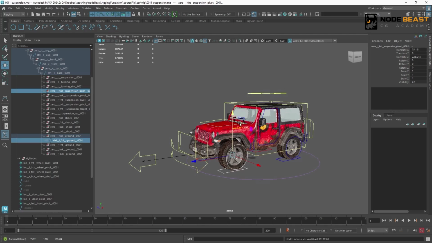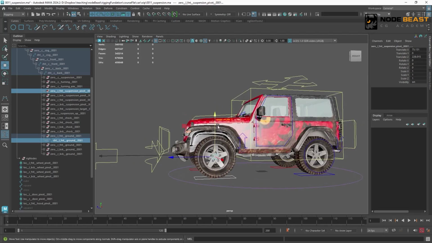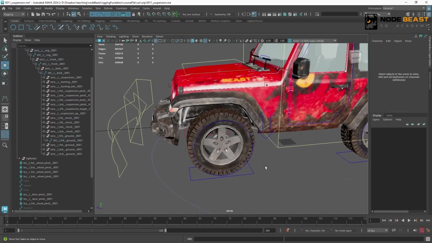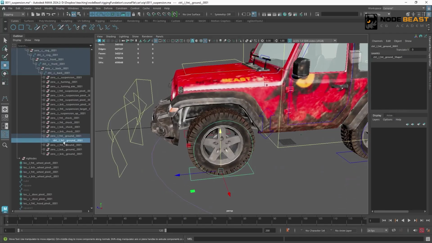It's just that on top of this, we need to add the link details, like in our previous exercise, to give the wheels a certain amount of free movement even when the car body doesn't move. So let's start setting this up from the front left wheel. We need to note one thing here. I don't want to directly use the controller's translate Y to link with the locator.